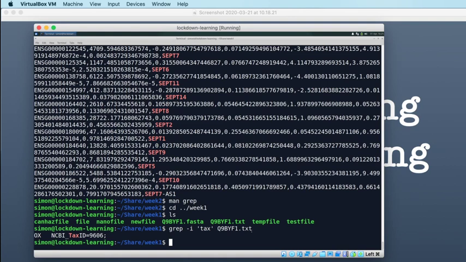Okay, so that's my first grep to try and track down this entry, and actually that's worked straight away to give me the thing that I wanted. In this file, the three letters TAX only occur together on one line, and that is the line which contains the NCBI taxonomy ID, where 9606 is the tax ID for Homo sapiens. So that's telling us that this comes from a human. But if I wanted to generalize this, I can't rely on the fact that